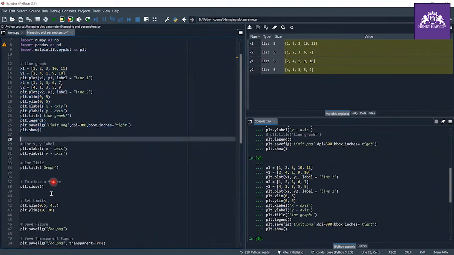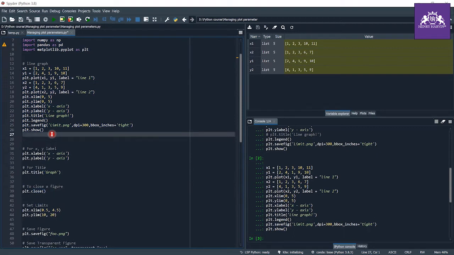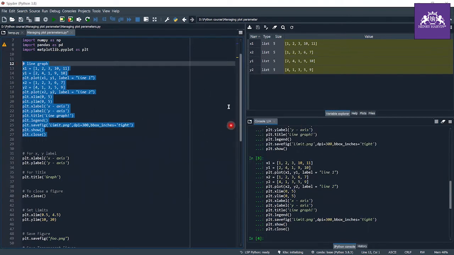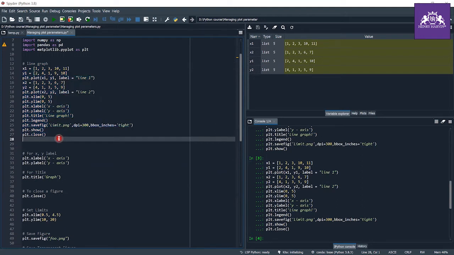Next comes closing a figure. When you open your figure, it gets closed at the same time when you write plt.close. As you can see, it opens for a second, and because I wrote plt.close, it gets closed. You may be wondering why this plt.close function exists, since it seems of no use. It is used some of the time, like if we have to open our graph for some time and after that we don't want our graph.